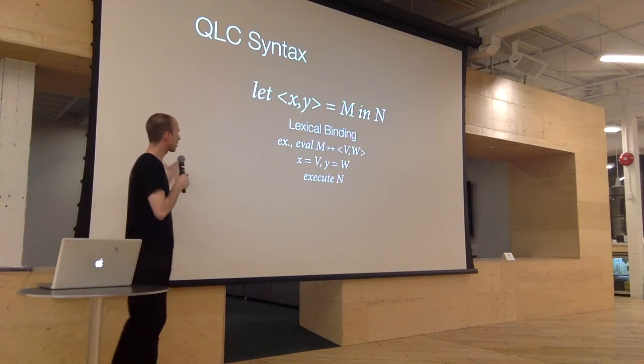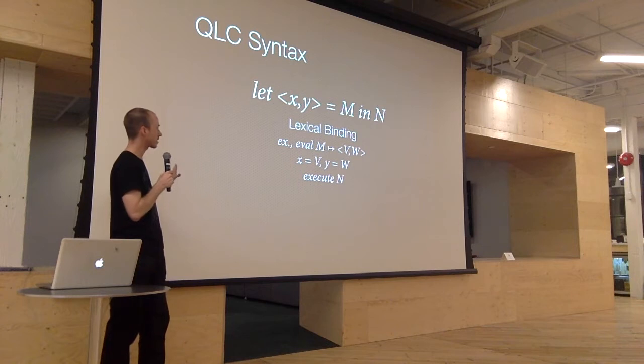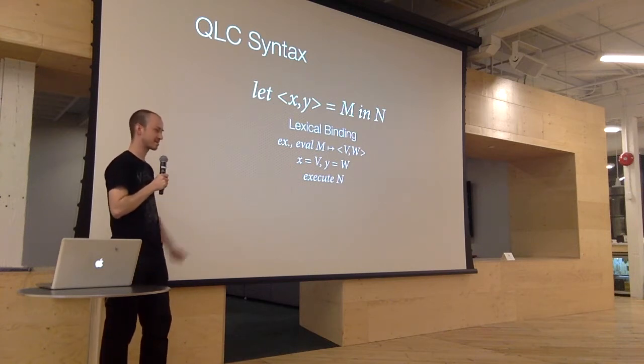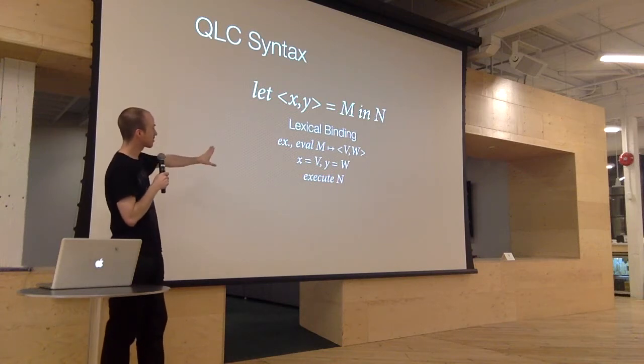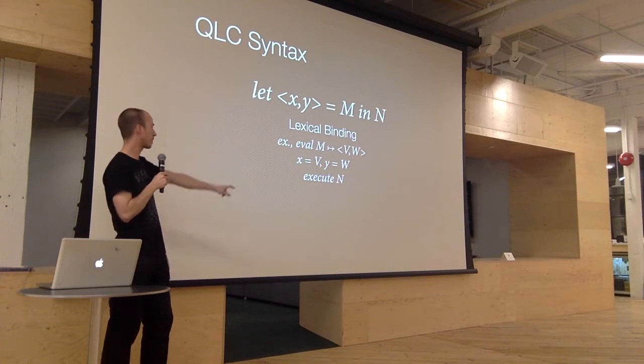This is lexical binding, although it's a little different in the quantum lambda calculus. And I actually had a bit of trouble explaining it to Dan and Leo last night. But essentially, what it does step by step is that it first evaluates M and returns a pair, V and W. Then it assigns V to X and W to Y. And then